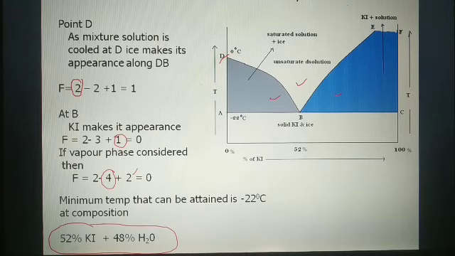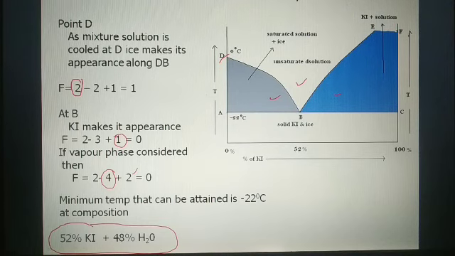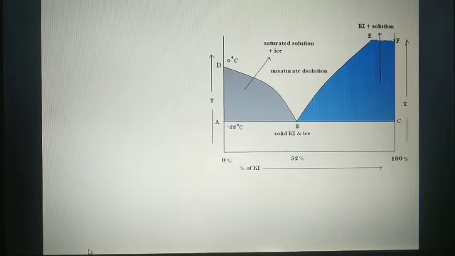So in the lab we can have a temperature of minus 80 degrees Celsius with the help of chemicals. Otherwise, that much temperature is not possible. But minus 80 degrees Celsius can be obtained from a mixture of ether and ice. So that helps us in studying cryoscopy or low temperature chemistry with the help of the phase rule.